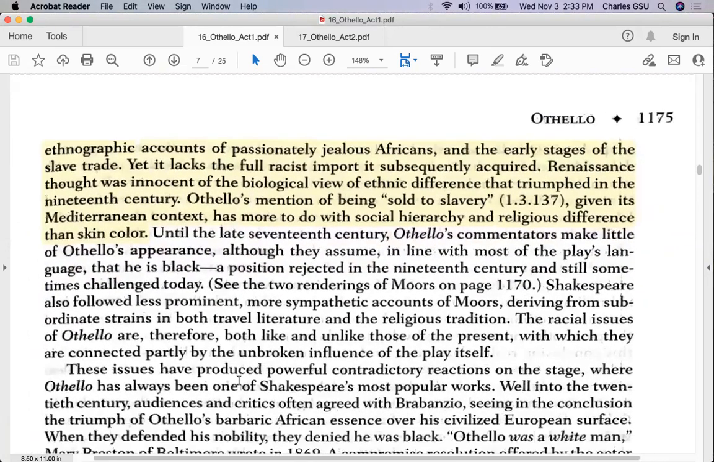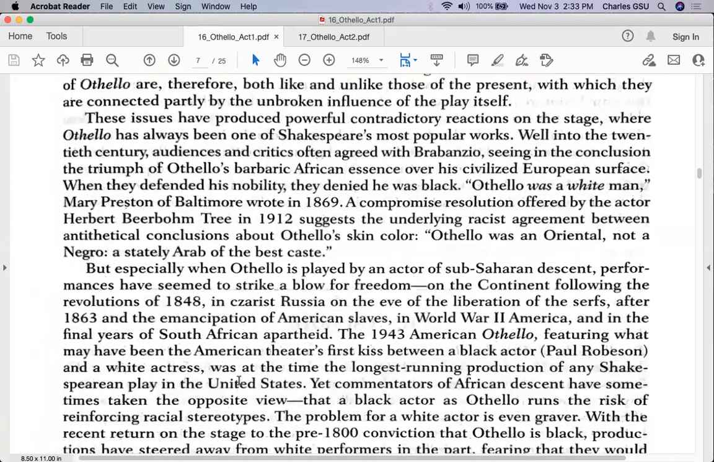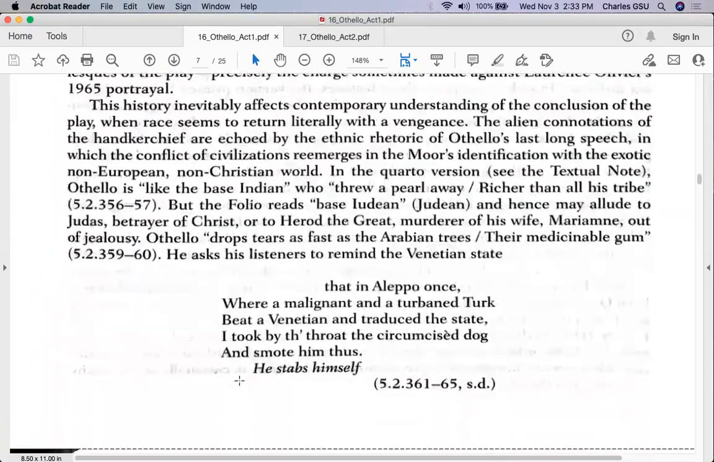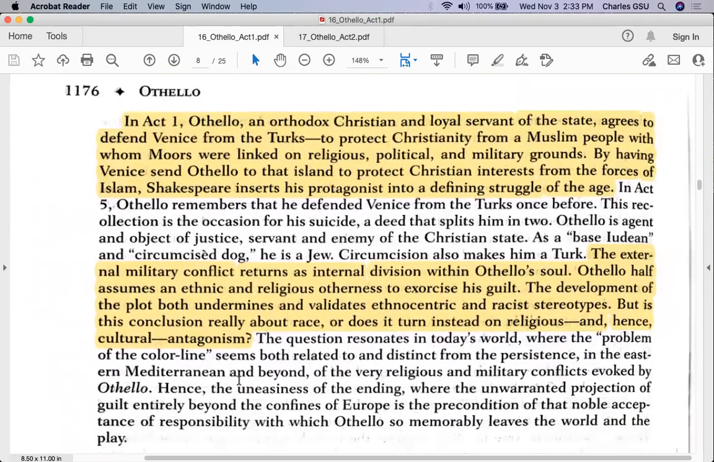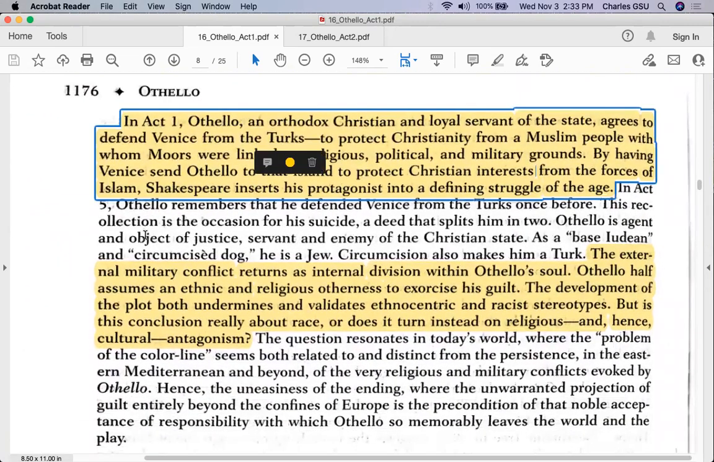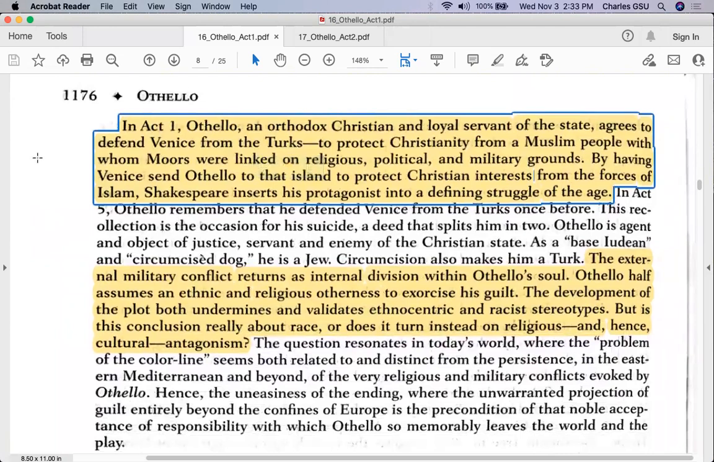Didn't necessarily have to do with one's skin color or genetics. It had to do with where you fell on the social hierarchy. And speaking of the Mediterranean, he goes on to say, in Act 1, Othello, an Orthodox Christian and loyal servant